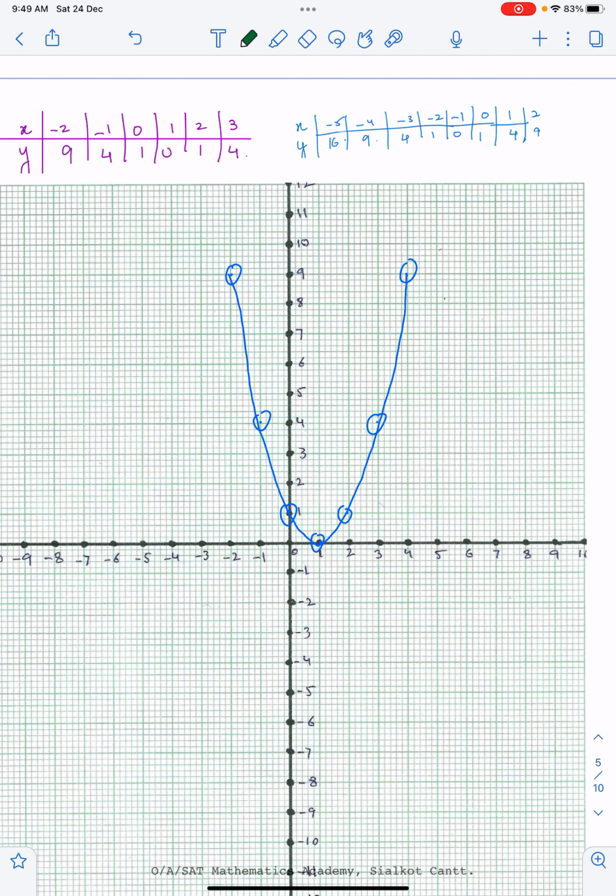Negative 5 with a 16, so it's beyond the graph, it's not going to fit. So I'm starting with negative 4, which is 9. With negative 3, it's 4. Negative 2, it's 1. Negative 1, it's 0. With 0, it's a 1. And with 1, it's a 4. And with 2, it's a 9. If I join these points and make the curve,